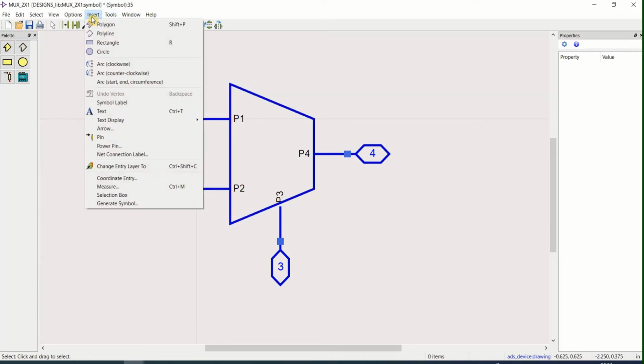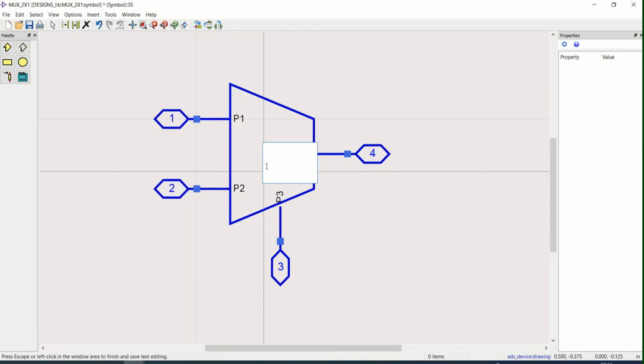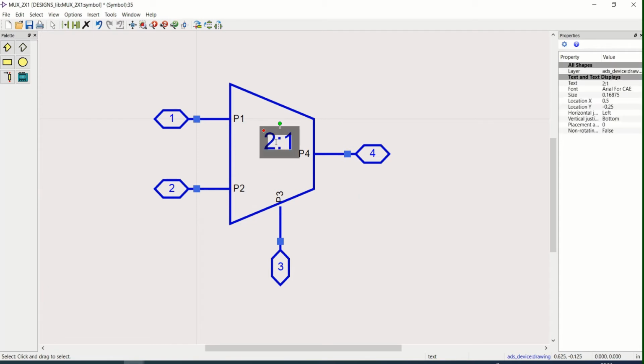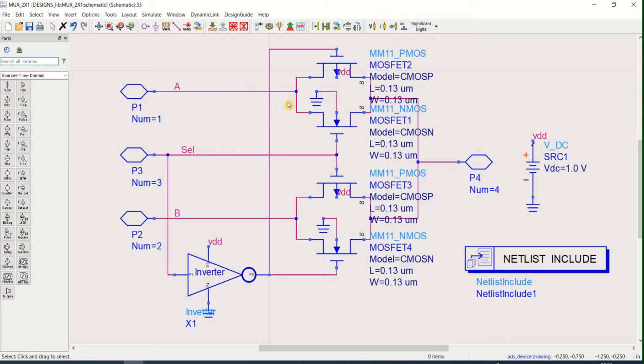You can place the text. Two is to one. Now symbol is ready and you can work with this. Save the design, close it.